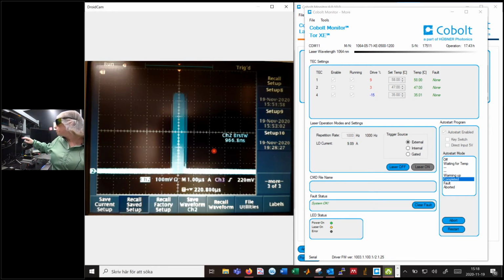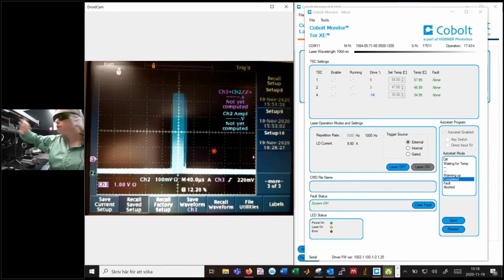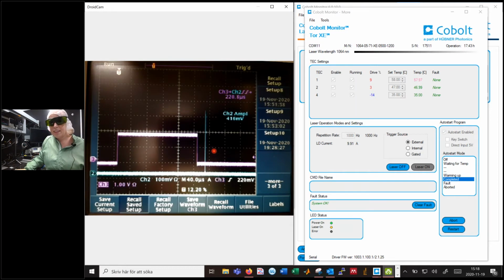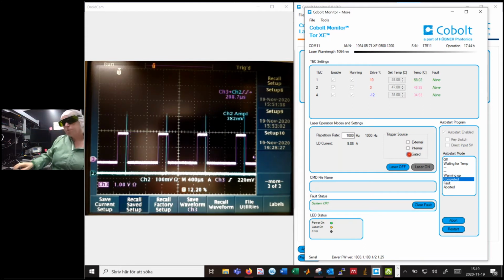So now let's go back to our other view, and let's look at the gated setting. This is a little bit more interesting. So you can actually trigger signal pulses using the gated setting as well. So we click that. And as you see, my pulse is a little bit too short at the moment, so I'm actually not generating any pulses. But if we do like that, I get a pulse. And if I shorten this, if I zoom in a little bit, you see that I'm currently generating 1 pulse